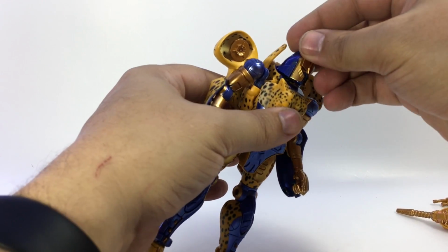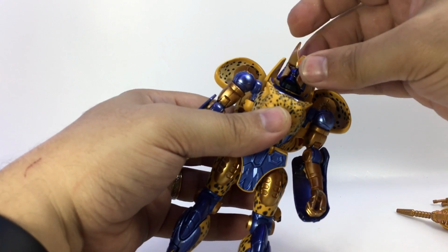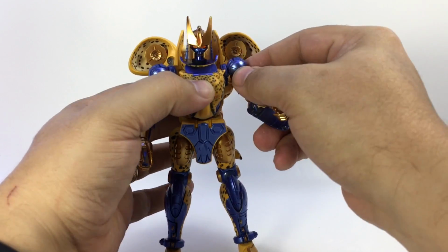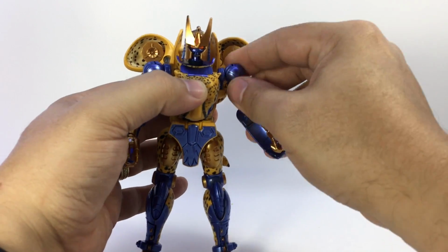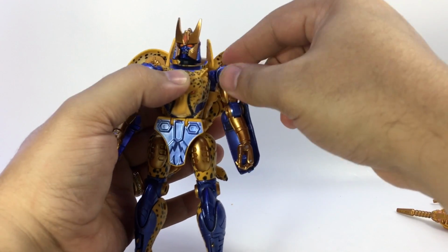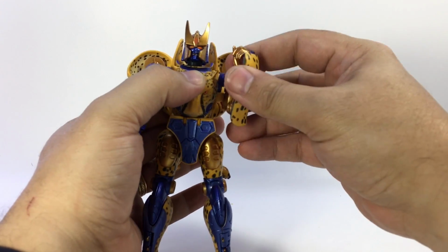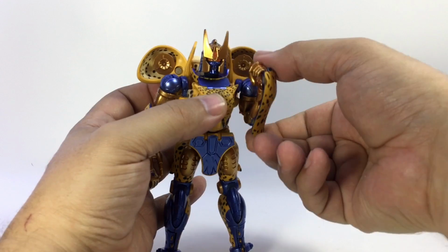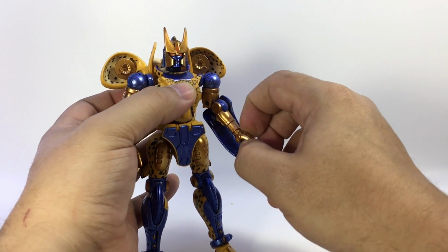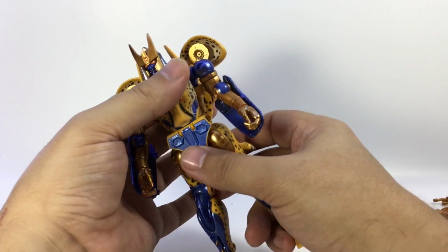Poseability wise, he's pretty decent. His head is on a hinge. It makes his neck look a little weird, but side to side, up and down. He's got the forward and back hinge at the shoulders, although again, support this joint very carefully if you're moving the shoulder because you don't want it snapping off here. Bicep swivel, dual hinged elbows, so you can fold them all the way up like that. He does have hinged fingers, a hinged wrist that gives him some poseability, but again, the forearm guard gets in the way. He does have a waist swivel,